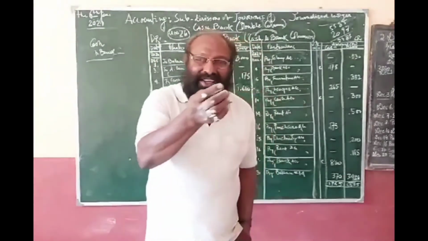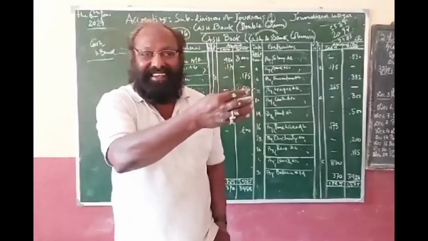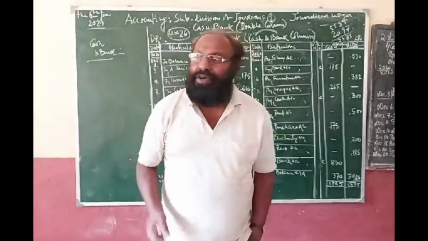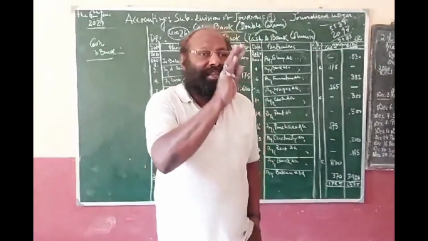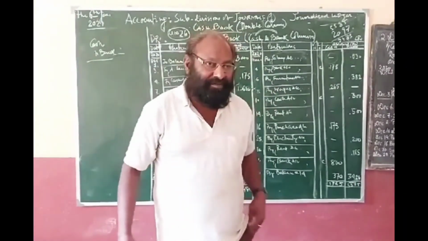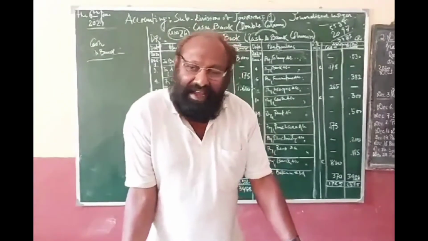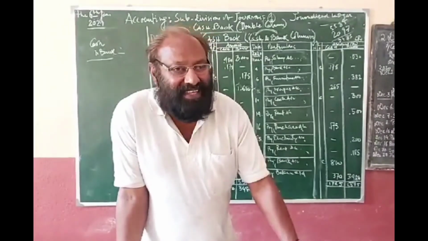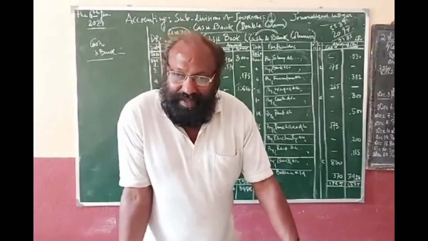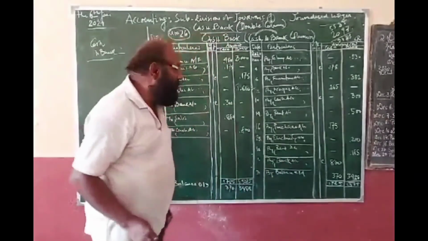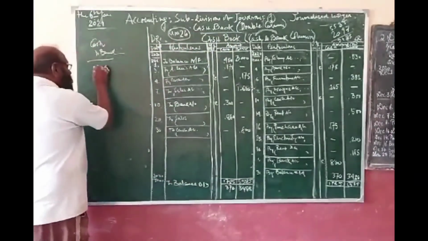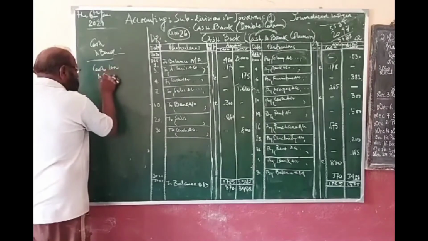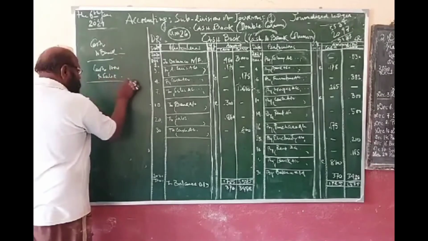Now consider one thing. You are receiving a check. You have received a check. So I am giving you one example. You have received a check for the sale of goods. What is the journal entry? I have told you yesterday. Whenever you are receiving a check, it should be treated as cash. Clear? Whenever you are receiving a check, then what is it? Cash account debit to sales. Say 1,000. Cash account debit to sales.